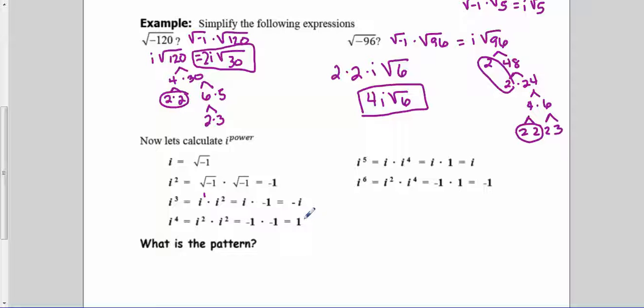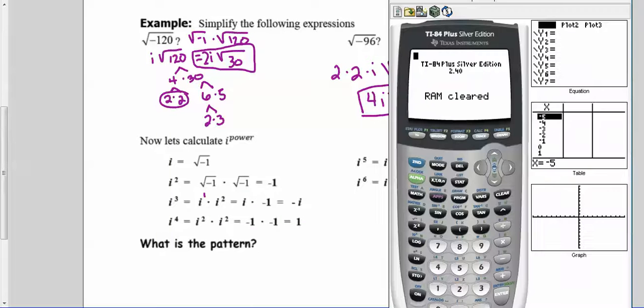Now your calculator can be helpful with these first 4 powers of i so that you don't have to always remember all of these steps. But for higher powers of i, for some reason your calculator is not so helpful. Let's see how that looks. On your calculator, you want to go to Mode, and you've been in real mode all this time, but you need to change it to a plus bi mode. So go down to a plus bi mode,